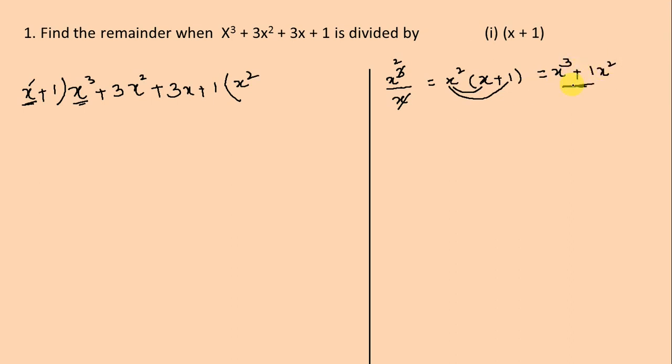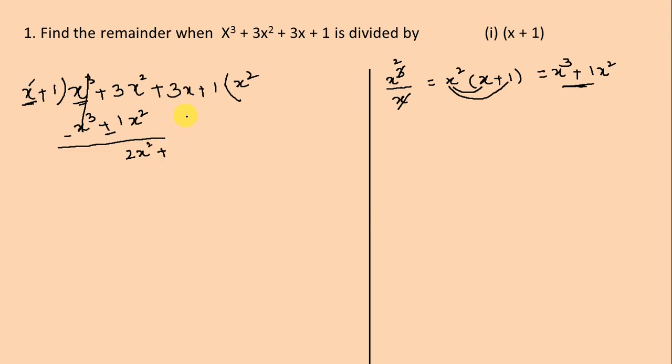We write this term here, x cube plus 1x square. This is the rough work. Actual division is here. We change the sign, here minus and here also minus. Plus minus get cancelled. Here 3 minus 1, 3 minus 1 is 2x square